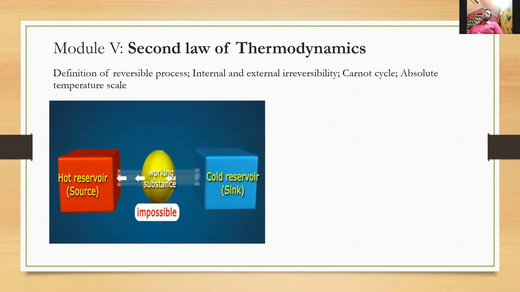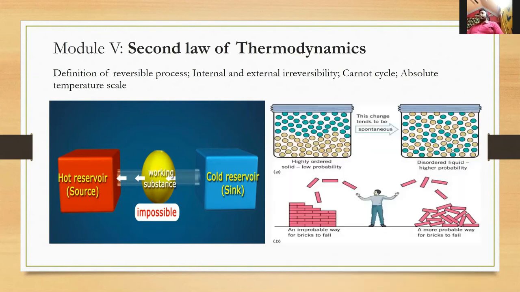On the other hand, the irreversible processes are mostly the general processes that we go through in everyday life. Whatever processes we see happening around us every day are irreversible, because you cannot come back exactly to the initial point again. Once it has happened, once it is gone, something is lost, which will never take you back to the same point. So we'll talk in detail about reversibility and irreversibility in that class.